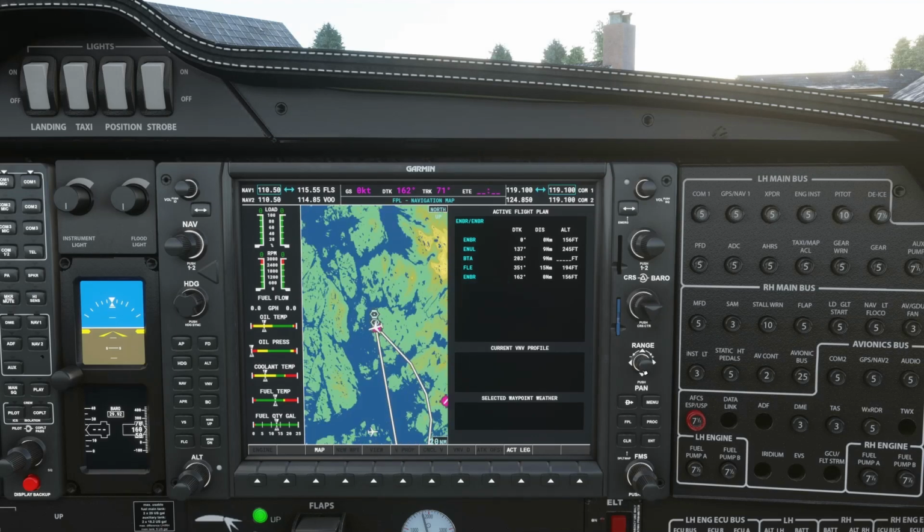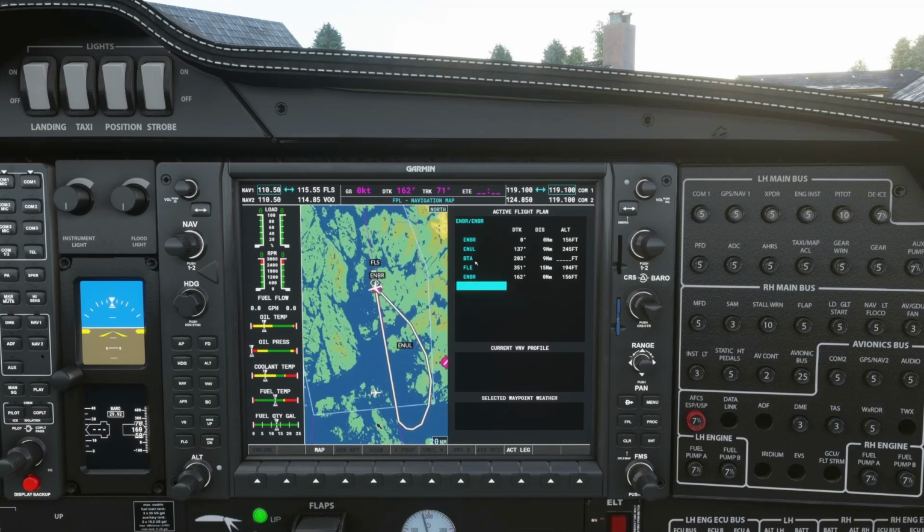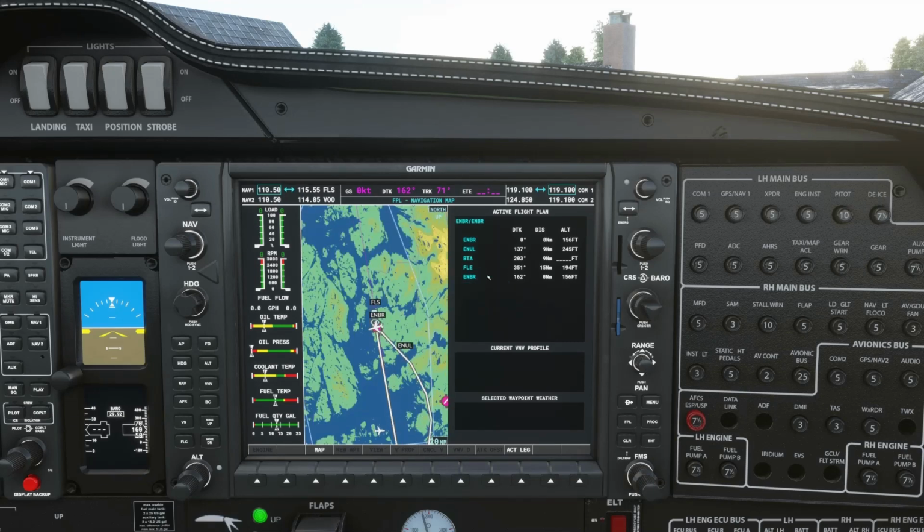Okay, so we can actually scroll there and just click on the knob there, just trying to adjust that a bit. Right, just to say that whichever waypoint is actually flashing, if you press on the top of the range button, it will actually center it to that particular waypoint. Okay, so if I do that again, it just centers where the aircraft is as well. Alright, so now what we can see here is our flight plan created.